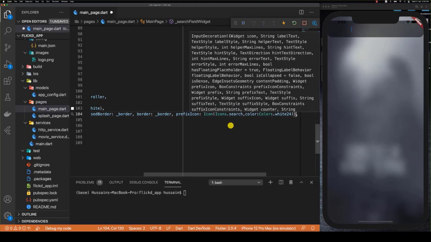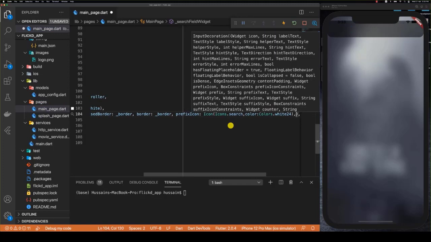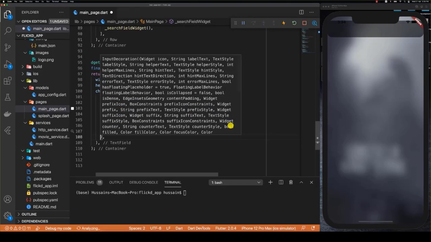And then I'm going to add a comma here, do Alt-Shift-F, Command save, and you're going to see that